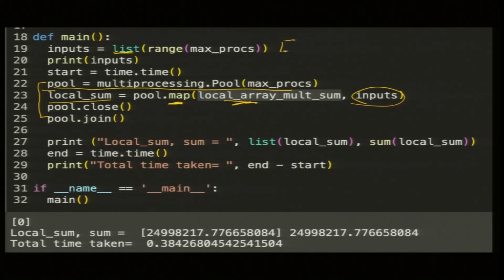So, this list for 2 of them is going to be 0 1, for 4 of them is 0 1 2 3. So, this will just make a map: what is the local sum for 0, local sum for 1, local sum for 2. And then what do I need to do? I just need to sum this local sum.